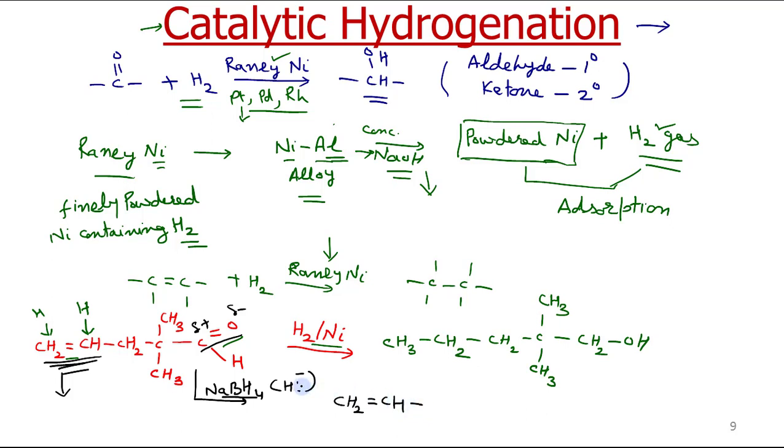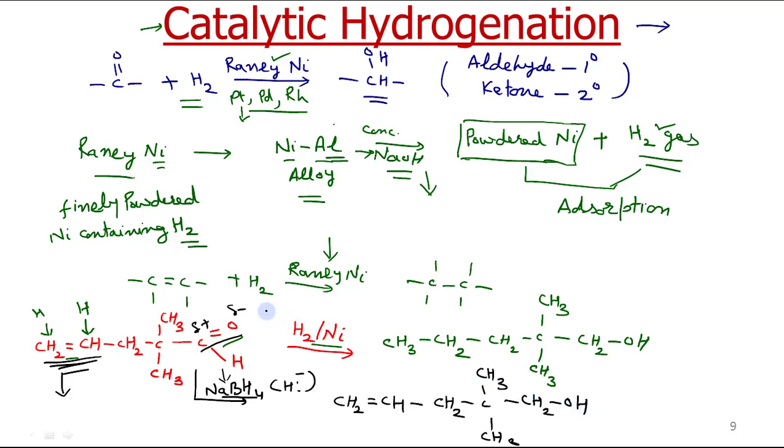So that is why mechanisms are very important. Whenever you have to remember these reductions, you just keep in mind their mechanism, that is, what is the mode of action. Now NaBH4 is a reducing agent because it will reduce only those organic compounds to which we can add some nucleophile. So that's why it reduces C double bond O, but it does not reduce C double bond C. Now it is CH3 CH2 OH. So this is the product.